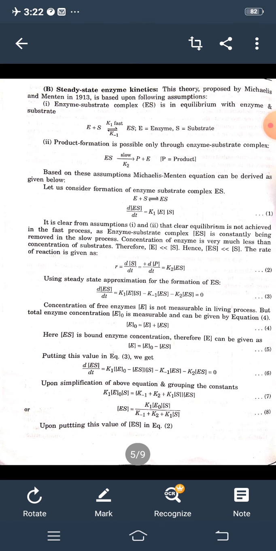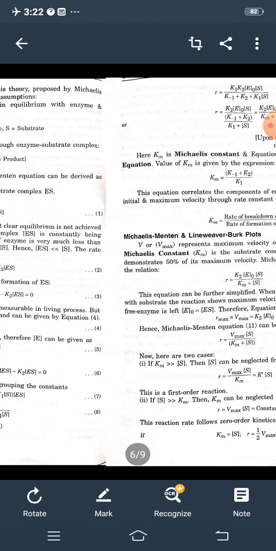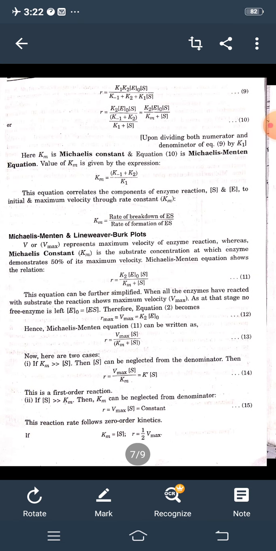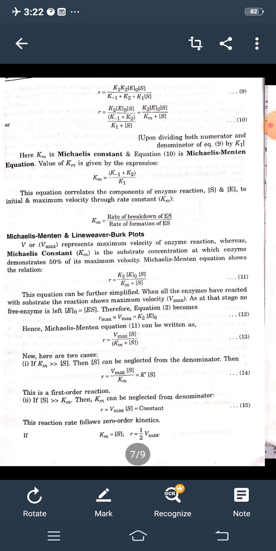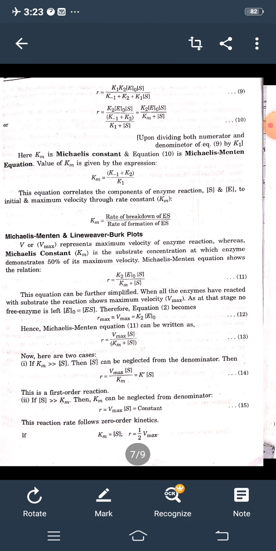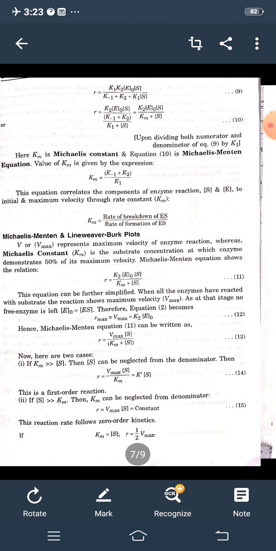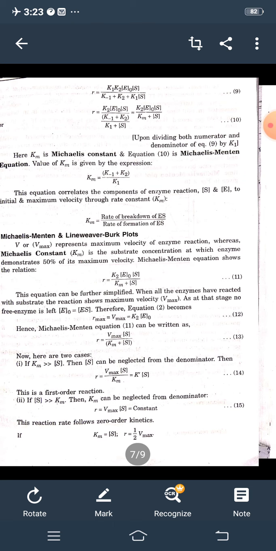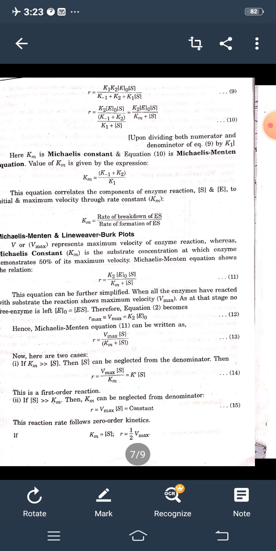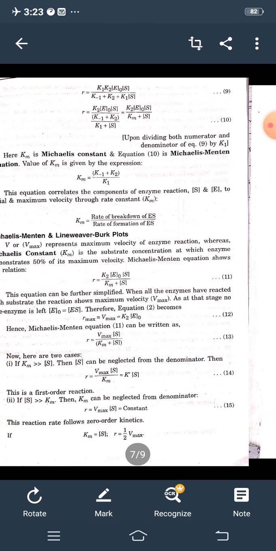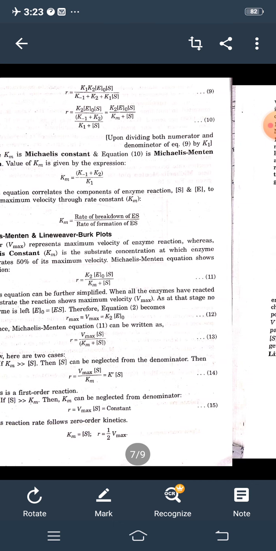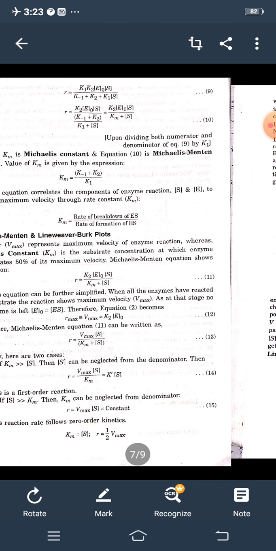So, putting the value of [ES] in equation 2, we can take R = k1k2[E]0[S] / (k−1 + k2 + k1[S]). This is equation 9. Simplifying this equation, R = k2[E]0[S] / (Km + S),